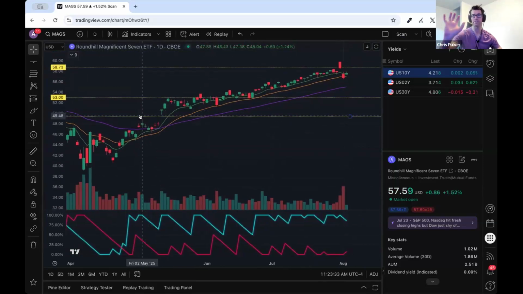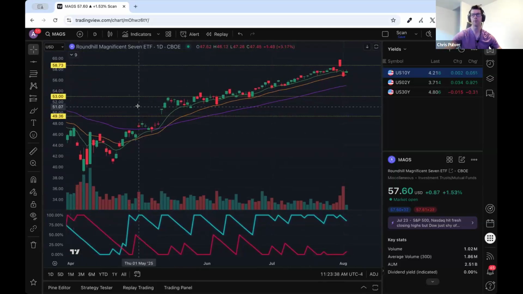And again, I just want to use that as my gauge because it's weighting all those different Mag 7 stocks. But if we get that pullback,